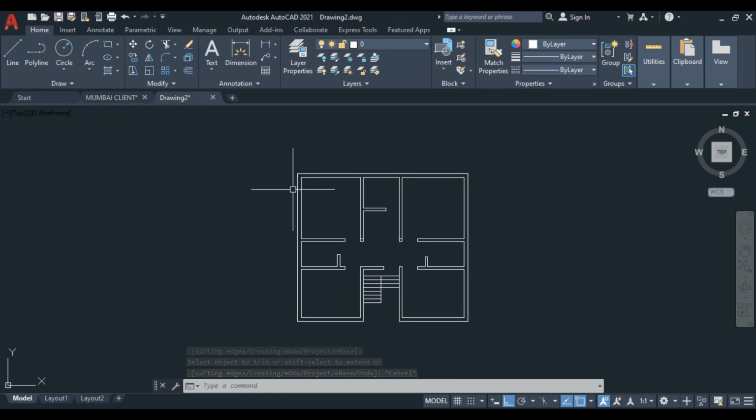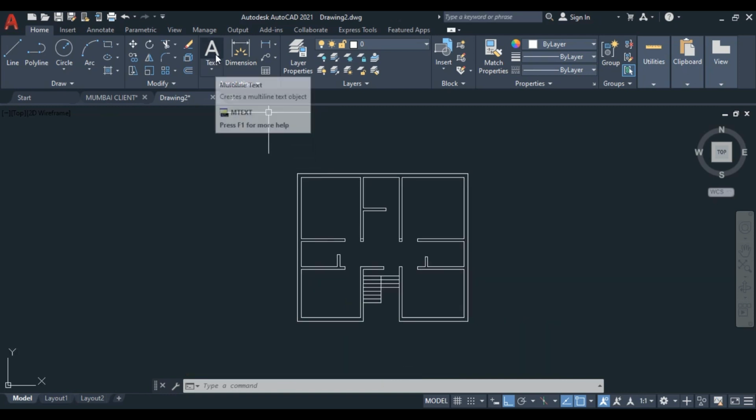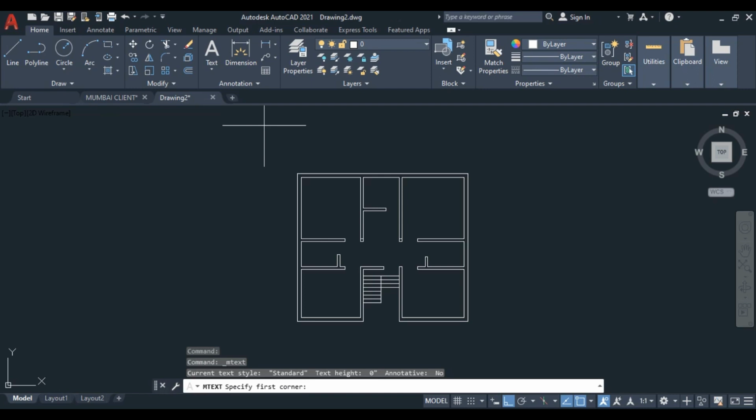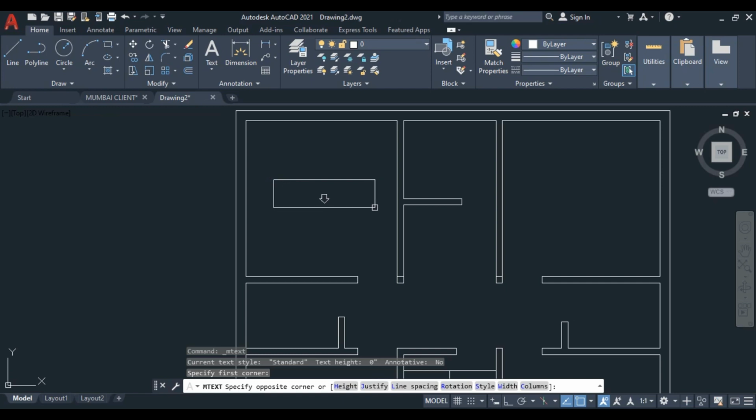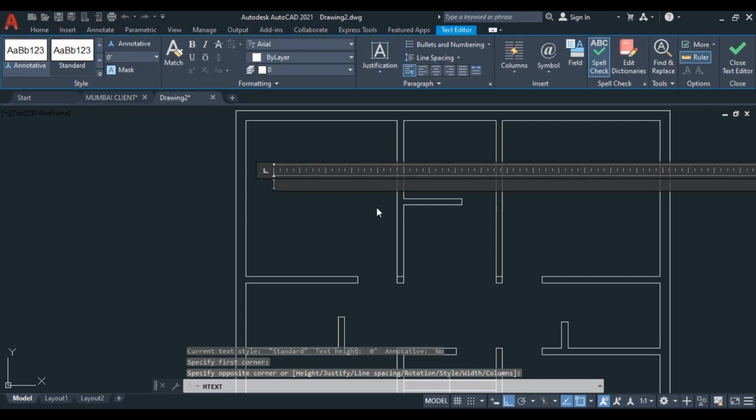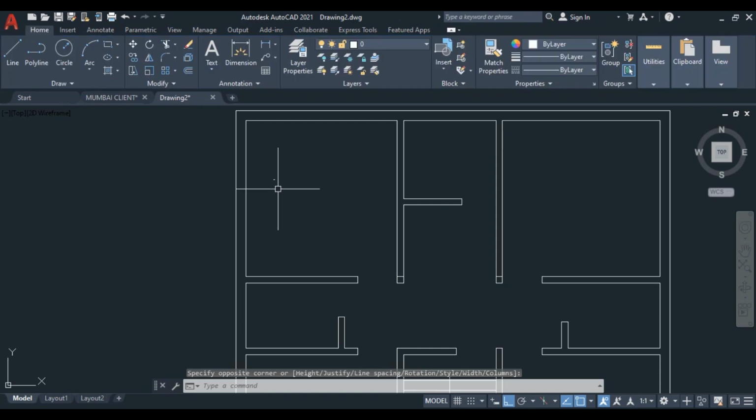So first of all, I would like to text it. Okay, so just click here. Here you can see a text. Okay, so just click here, and now just specify the first corner and type here bedroom. Okay, all right, just click here.